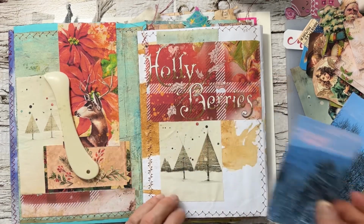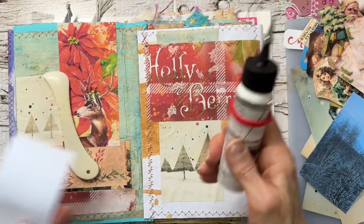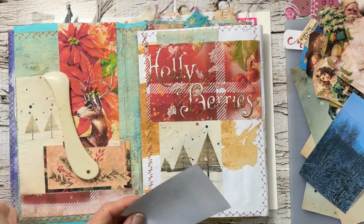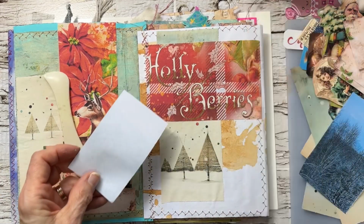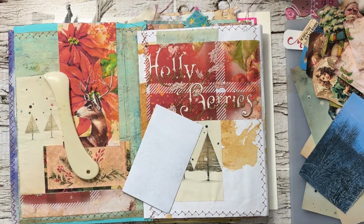Oh, this is not bad, this little thing, this little slicer, but I put it down. I wonder if my glue stick will work now. What I need to do is use the back page of my